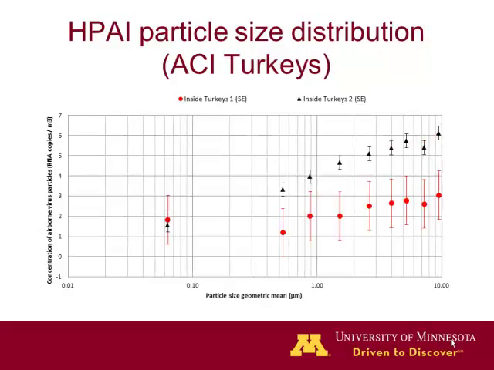When we did that study in turkeys, we saw a little bit more variability. These are two farms, Farm 1 and Farm 2, and this is the distribution of Farm 1, very similar to what we saw in layers. Then Farm 2 had a little bit less virus and more variability between replicates within the same farm. So that was also interesting to see.